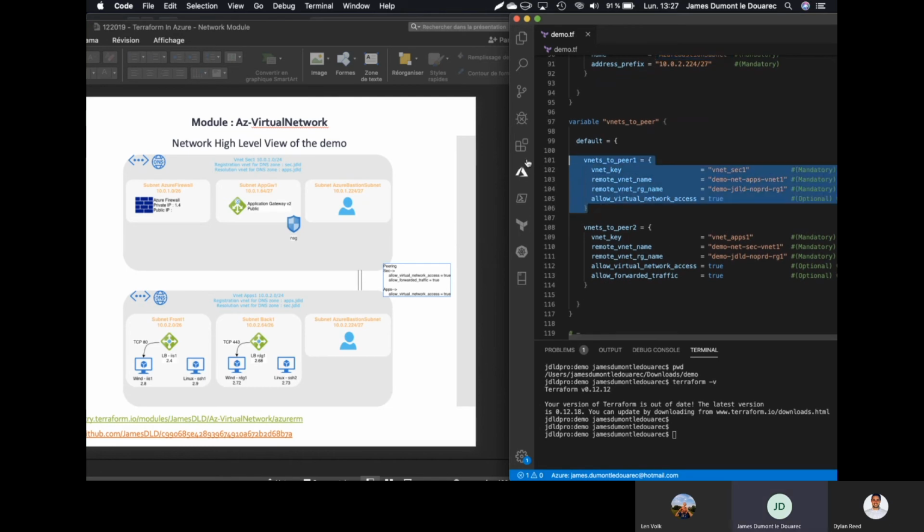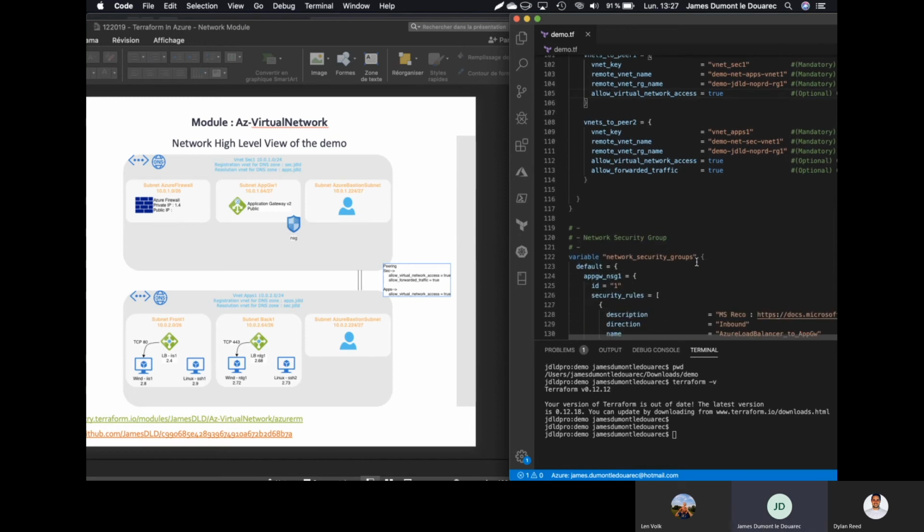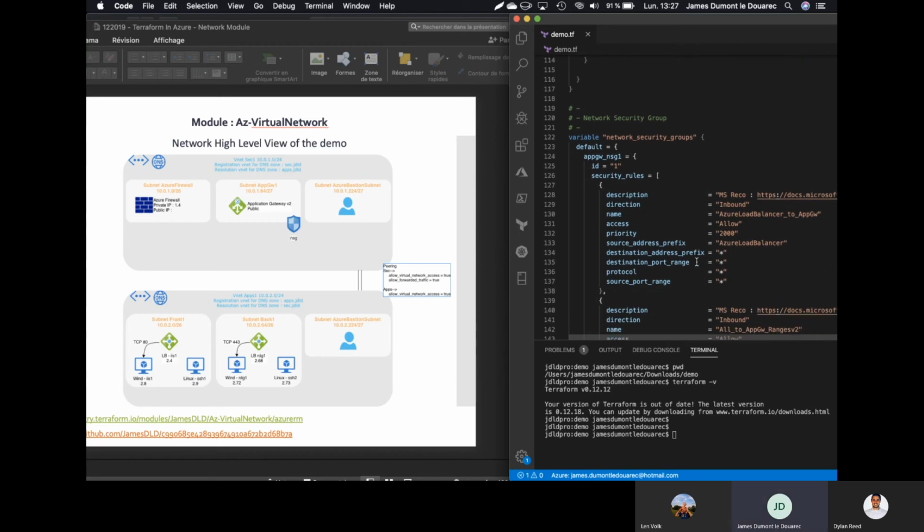So the next level is about the peering. Here we just say the remote virtual network, etc. For the peering to be done correctly, it needs to be on both sides, on the VNet sec 1 and on the VNet apps 1. And here it's about the network security groups. It's not very difficult.